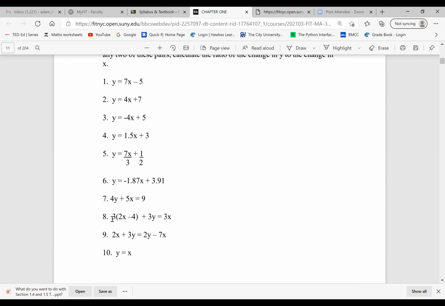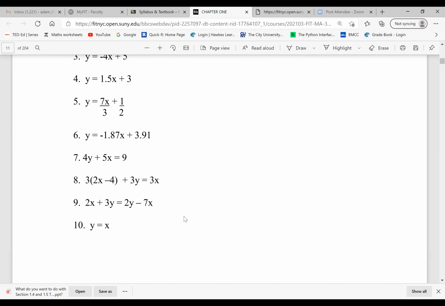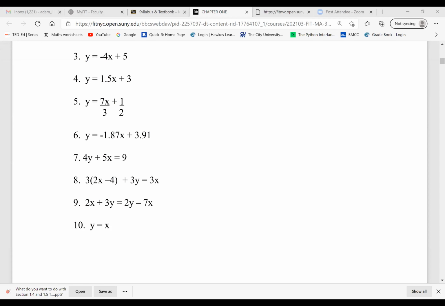And maybe let me take a look at some of the ones that don't give us a very explicit equation, like question number 8. Let me do that one. I will focus on question 8 since it's a little bit more complicated. First of all, the equation is not expressed in slope intercept form. That means we need to do some transformation here. And so we need to turn it into slope intercept form by using some algebra,